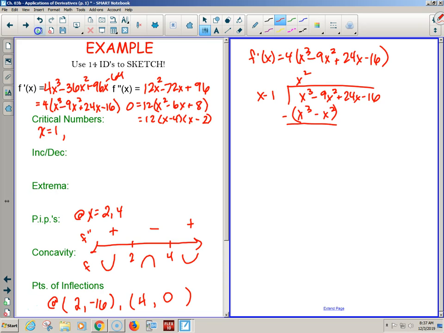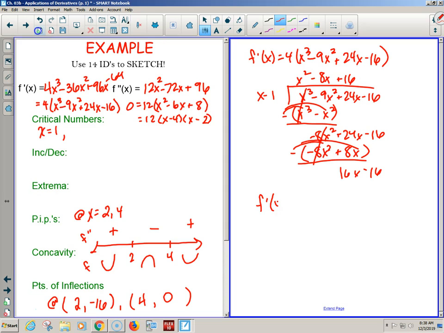It's a division problem, so we have to subtract. But we have to distribute that subtraction, negative 9 plus 1. Just in case you forget synthetic, you're not sure you're doing it right. And then there's a division problem, so subtraction. 24 minus 8. There we go. So now we know f prime is equal to 4 times x minus 1 times x squared